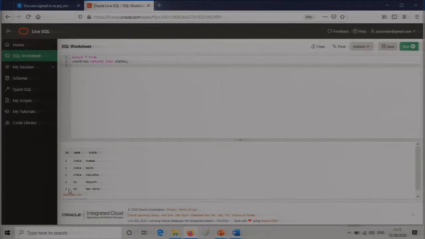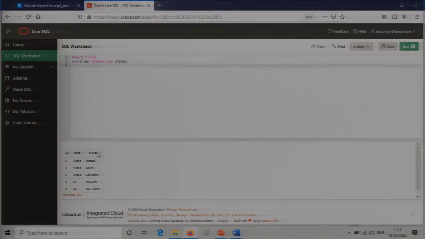It will join the two tables across the ID. So when I join the two tables, you would know that 1 and 2 were the entries in the states table, and for 6 and 7, which were Tokyo and Karachi in the states table, there was no entry with that ID in the countries table. Similarly, in the countries table there were 3 and 4, UK and something else, which were not there in the states table. So those have all been eliminated, or ignored, and only where the common ID is there, 1 and 2, where both the entries are there, from both the tables it has joined.